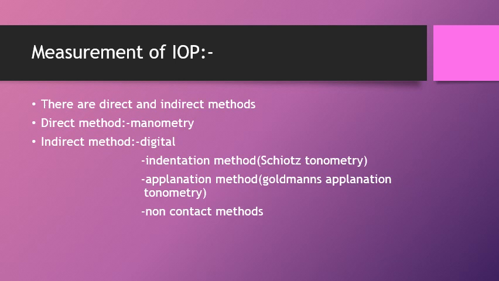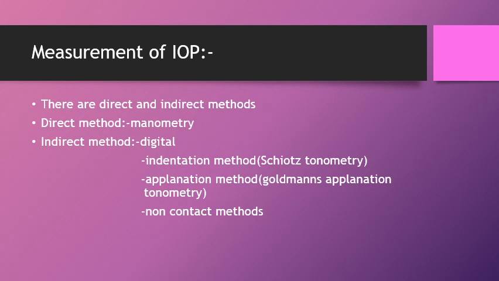So the next topic of discussion is the intraocular pressure. Intraocular pressure is the pressure exerted by the fluids of the eye on the external coats of the eye. It usually varies between 10 to 21 millimeters of mercury, the mean being 16 plus or minus 2.5 millimeters of mercury. The normal level of IOP is maintained because of the equilibrium between formation and outflow of the aqueous humor. The IOP should be measured as soon as the patient comes and we take the vision. The next thing we do is the measurement of the intraocular pressure.